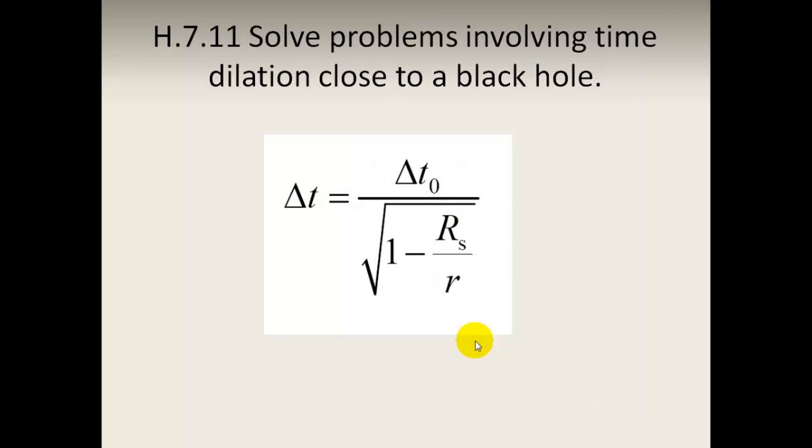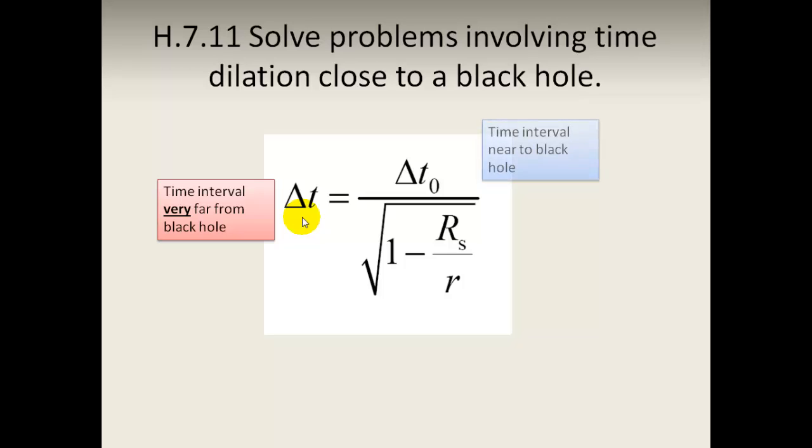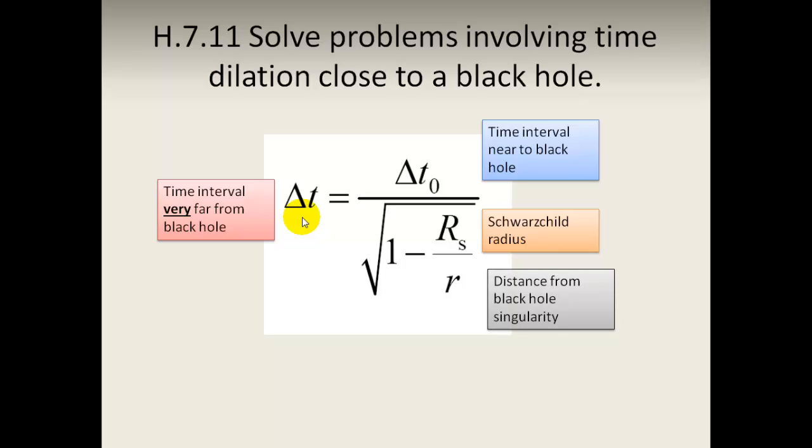So we need to solve problems involving the time dilation close to a black hole, and this is the equation that we use. Delta t is a time interval very far from the black hole, so we're observing the black hole from a long distance. This is the time interval which is near to the black hole. S is the Schwarzschild radius, and then R is the distance from the black hole,